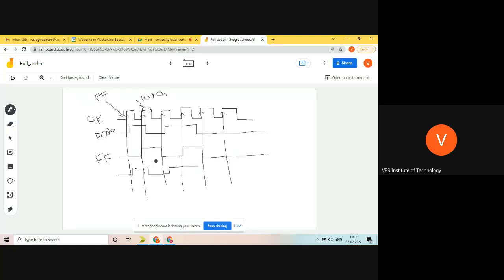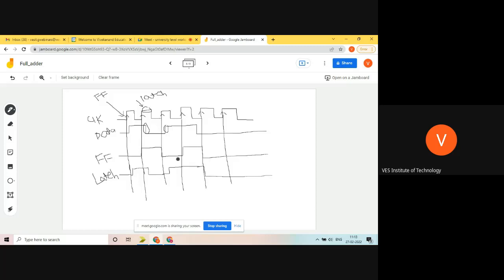Although here there is a change, here there is no change, but here this change is not taken by the flop, but the latch has taken it. Here this change is kept as it is by the flop. See this, the flop did not take this change and this change, whereas the latch took them. Now it will go up to this point and then it will be down. So this is the difference between the flip-flop and latch.